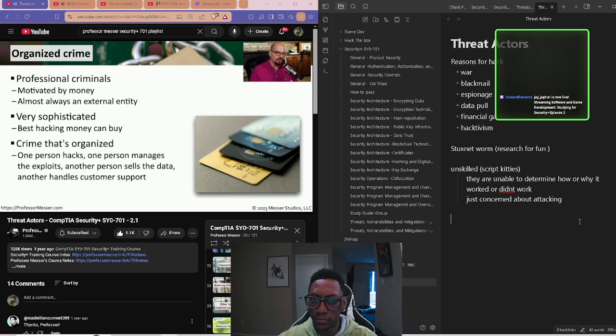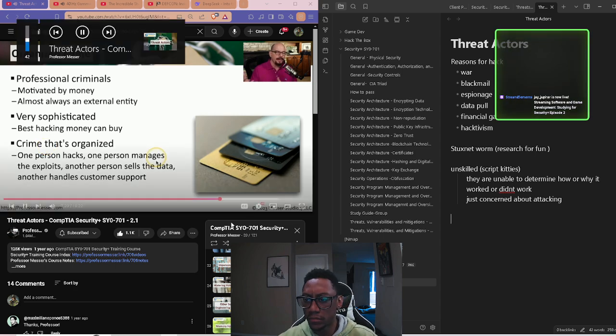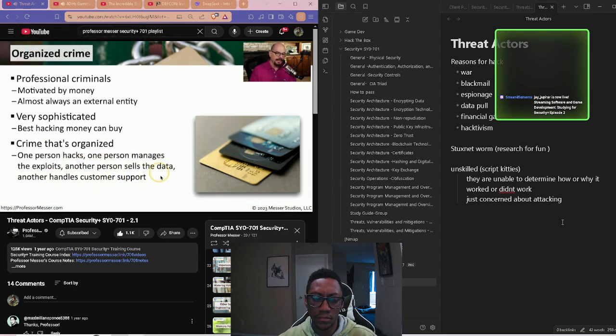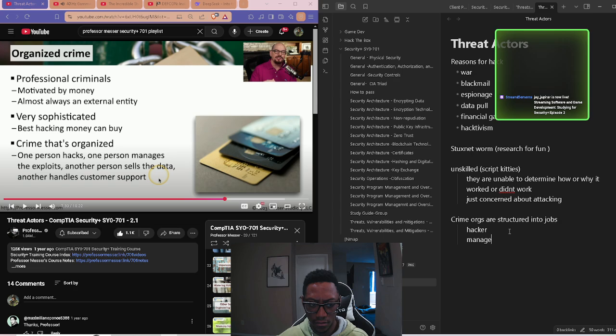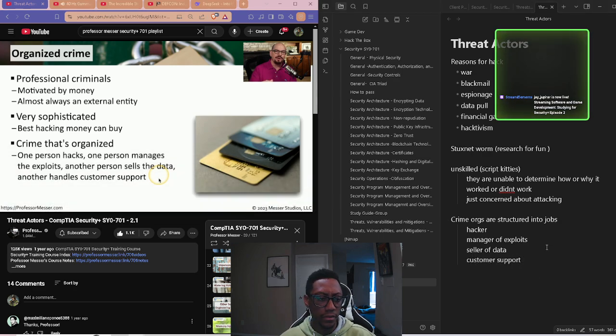These organizations might have a corporate structure where one person will be doing the hacking, another person is managing the different exploits and creating new exploits, somebody else sells the data to a third party, and you might even have somebody handling customer support, especially in the cases where the organized crime group is targeting organizations with ransomware.